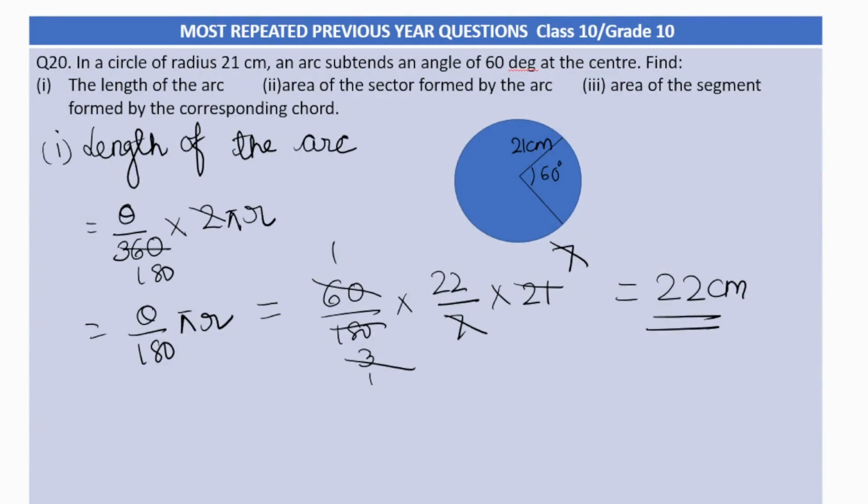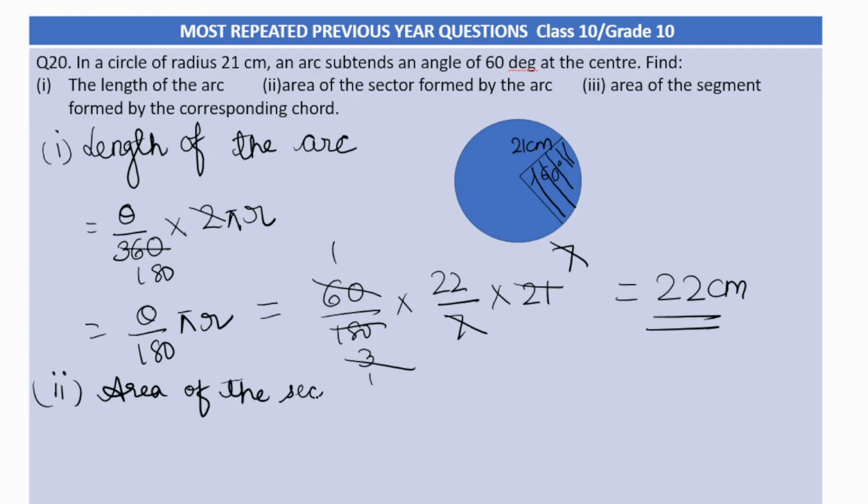Part 2 asks us to find the area of the sector formed by the arc. Now what is the sector here? The sector is the area enclosed between the two radii of the circle and the arc. So this is the sector. Very simple again. We just need to remember the formula and not make any mistakes in the